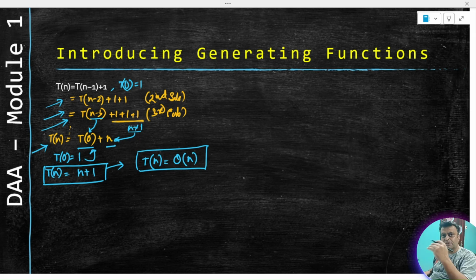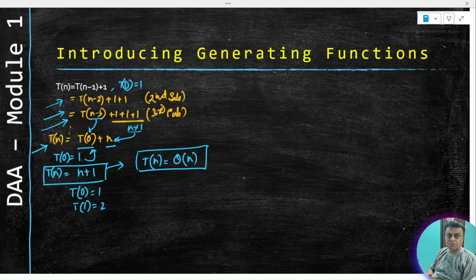So each term we are expanding, then we are creating a summation equation, then we are solving it. So instead of solving each term, that means we don't know the next term, we are solving the next term, and in this way we are solving unknown terms. Instead of that, let us say, do we know that in this case T0 is equal to 1, T1 will be equal to 2,